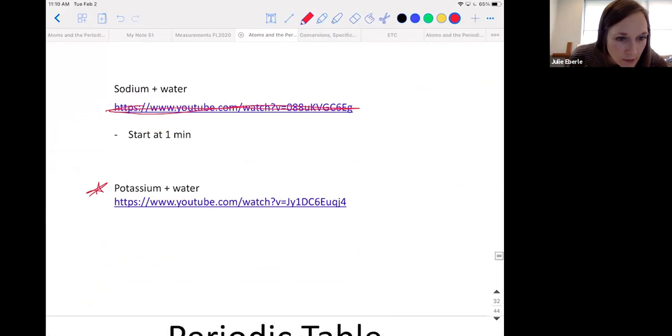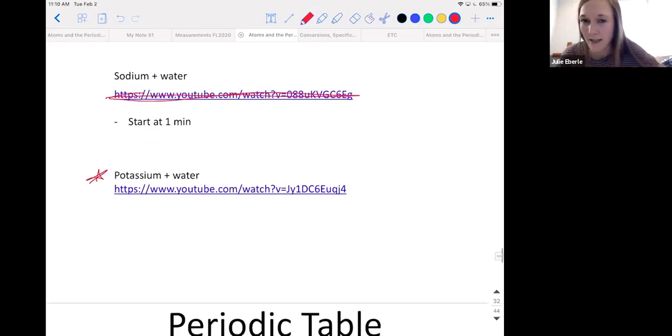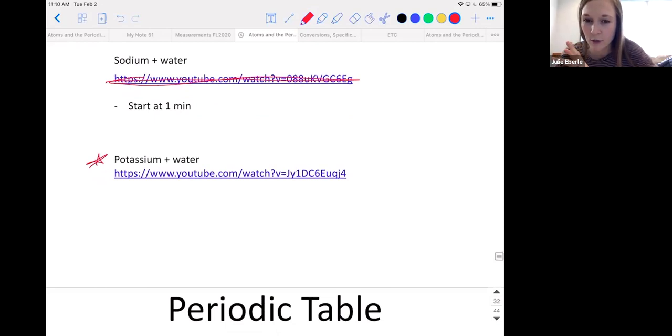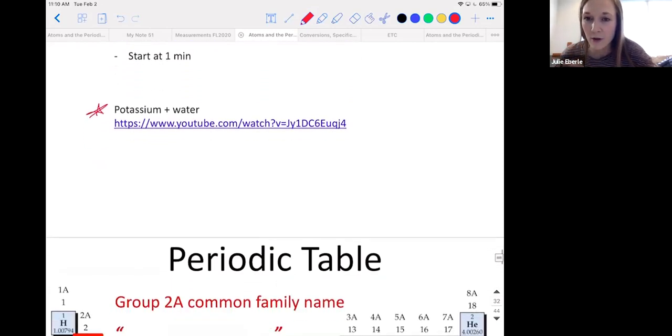This might be a dumb question, but if these elements are so reactive, why don't they have that sort of reaction in our bodies if we are mostly made of water? That is because they are not in pure form in our bodies. They're never in pure form, okay? They're always combined in some sort of molecule or protein, or they're already ionized, which is a word that is all about chapter 3. They've already given away an electron, okay? The answer to that question will be fully understood once we've talked about chapter 3, Keegan. But they're never alone in their natural form, just coming into contact with water. They've already reacted, or they're already part of a compound when they enter our bodies.